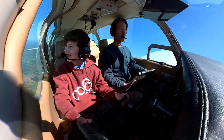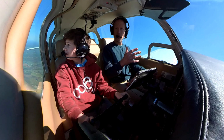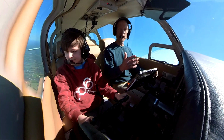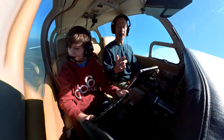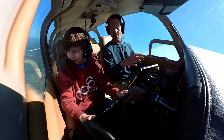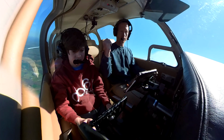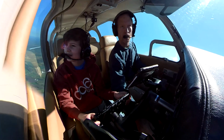A standard rate turn, basically, if you were to fly into a cloud or into ice, a standard rate turn takes 2 minutes to do a full circle. So if you flew into something you didn't like, you could turn like this and count to 60, 1 minute, and that would point you out of whatever you just flew into. Okay. So that's why it's important to sort of know. And this gauge in front of you down here,